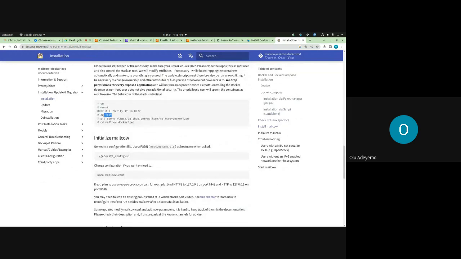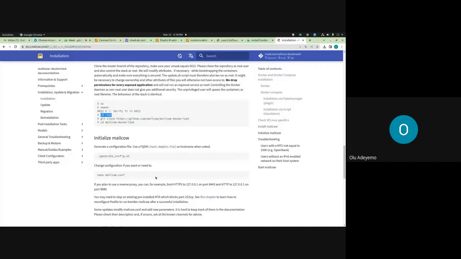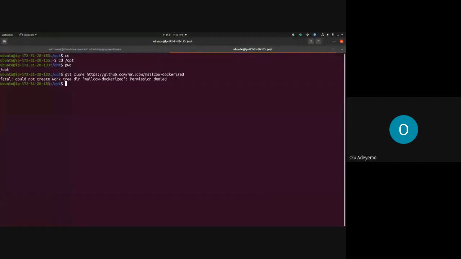We need to cd into the opt folder. So we're going to go to our instance. I type cd /opt, and you can see you are in the opt now. If you do a pwd, you see you are in opt. The next thing you want to do is to clone. Copy this from here. Don't copy the hash. Then I'll paste it. Anytime you see permission denied, it means you need to put a sudo in front. And it will clone